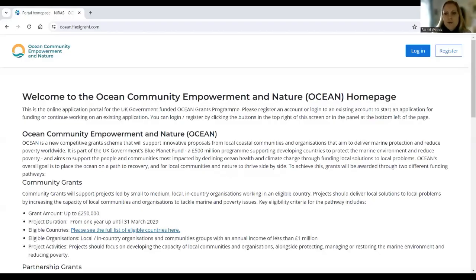Okay, hi everyone. We're going to have a look through the Flexi grant portal. We'll have a quick look at the login page and the application portal, and we'll have a run through of the sections of the form. So if we click on the application, it takes us through then to our